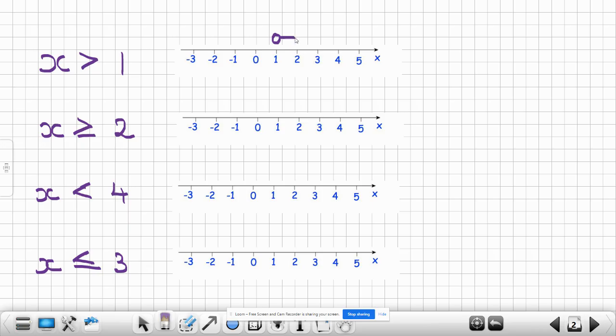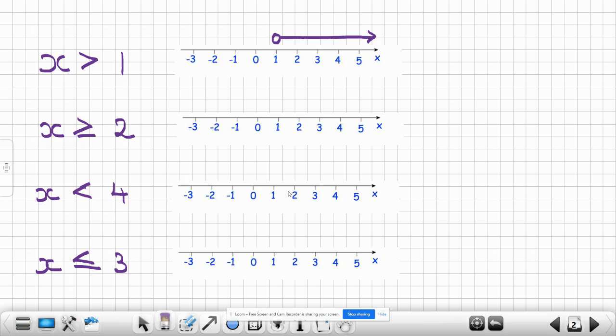And then what we need to do is draw a line and put an arrow at the end of it to show that x could be any one of those values and any other values above that. So the arrow is telling us that that's going to go on and on and on. Infinite number of results. So the only difference when we've got this symbol is that the number here is included,